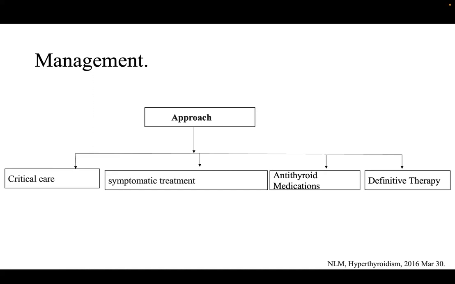Propranolol is preferred because it has a combined effect of beta blocking as well as an anti-thyroid effect, and then you can also consider using esmolol, and if at all there are any contraindications to beta blockers, then you go ahead with calcium channel blockers like diltiazem. In addition, patient will come with hyperthermia, so you need to administer antipyretics. In addition, you can use external cooling techniques like ice packs and cooling blankets.